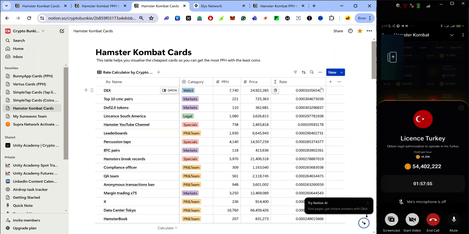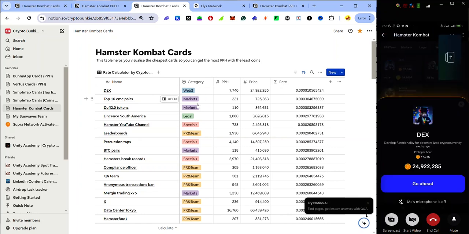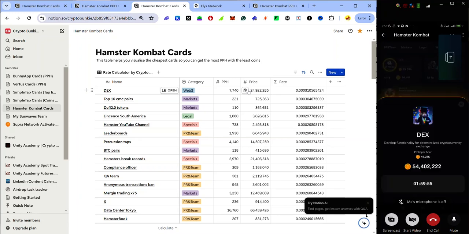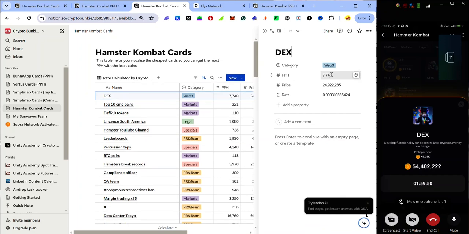I can see now that the best card for me is the Dex card, which is under the Web3 category. So I move there, I tap on Web3 and I look for Dex. So this is my Dex, I tap on it and I check to confirm that what is here rhymes with what is on my template, and it checks out, so I go ahead and I upgrade. The next thing I do is tap on the card to get the new details. So I open up the Dex card to add the updated properties. The new PPH now is 8.28k just like the other one, and I click on the price to update it,